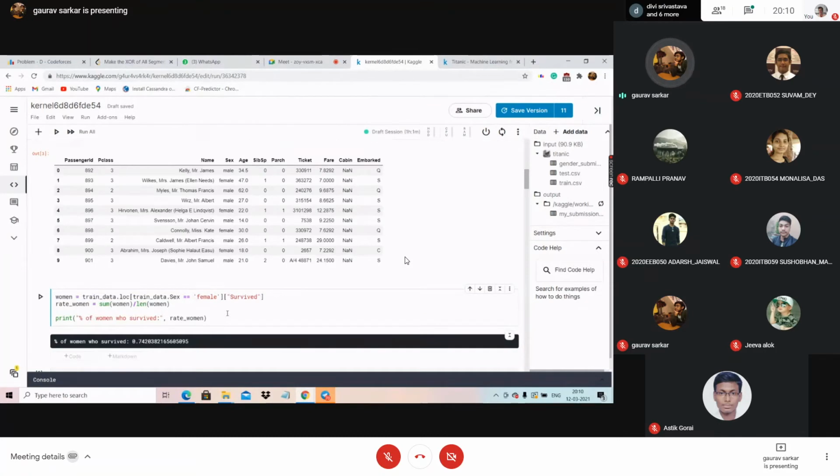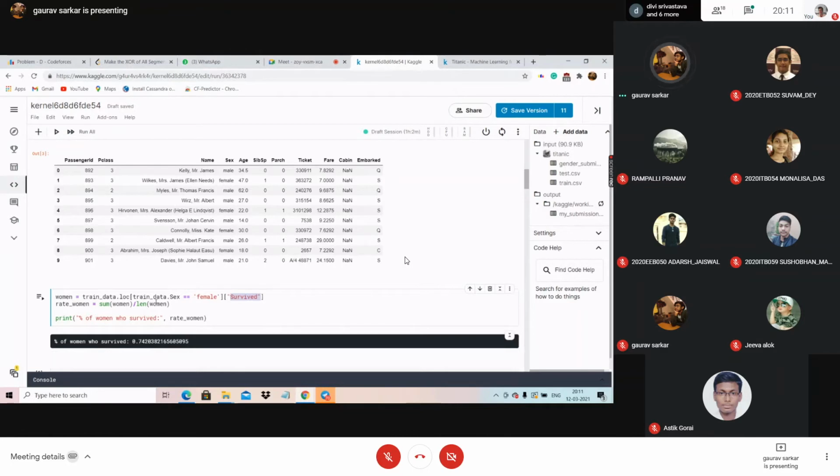Now just recall, I told you previously what value survived stores. This survived class stores 0 or 1. So this woman variable will store two things. The first thing it will store is female, but the second thing is that it can be that the woman survived and it can be that the woman died. That is being stored in this woman variable.